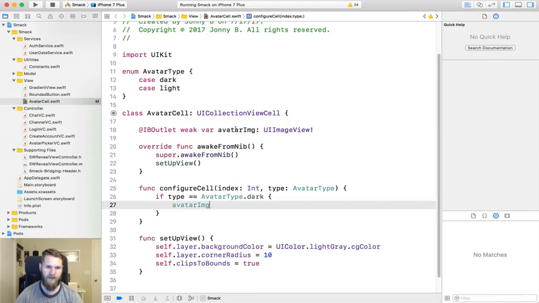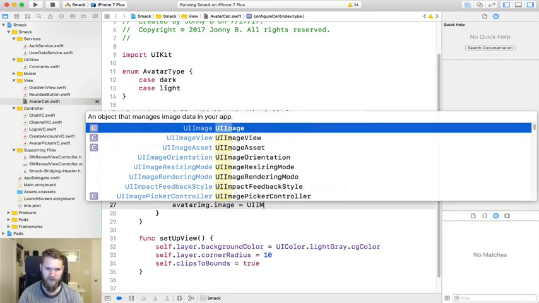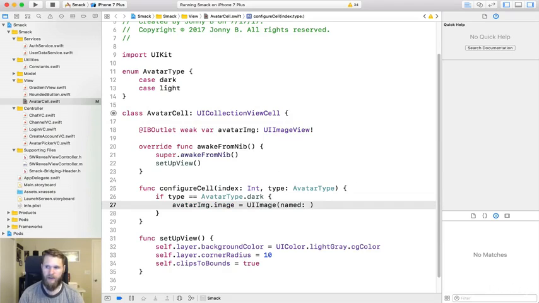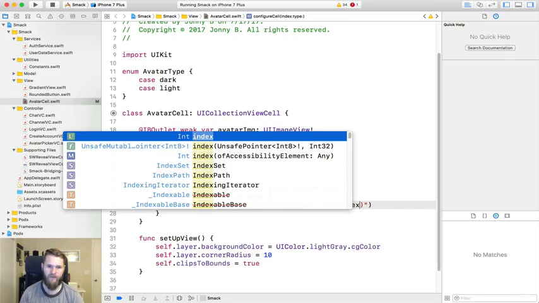And so we're going to say if the type is equal to AvatarType.dark, then the avatar image that we have an IBOutlet for, the only UI element inside of these cells, then the image is going to be equal to UIImage named, and it is going to be named dark, and then string interpolate the index that we are passing into this function. Okay,